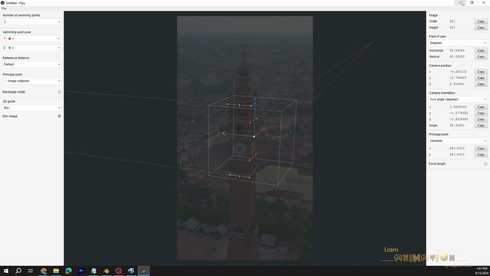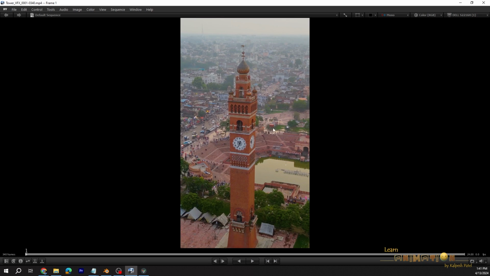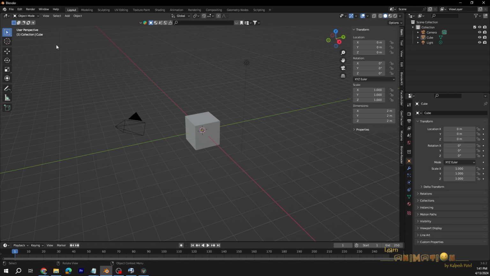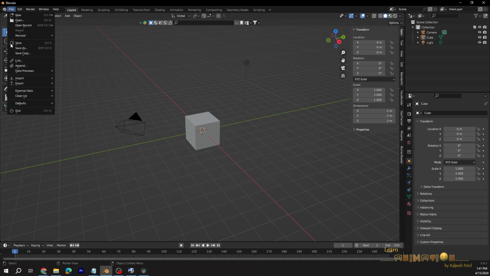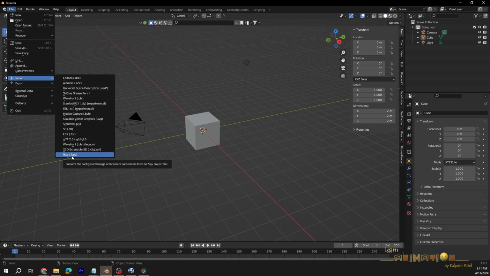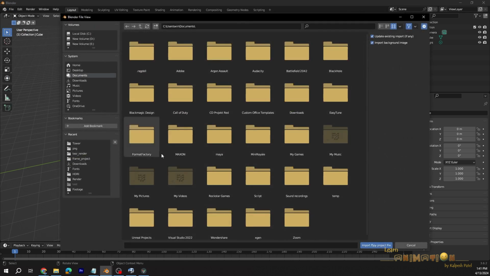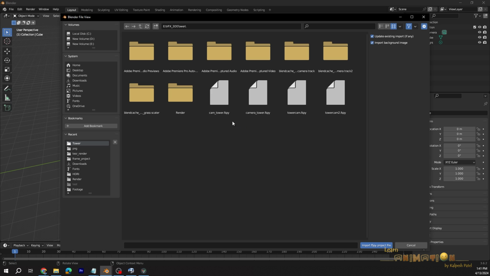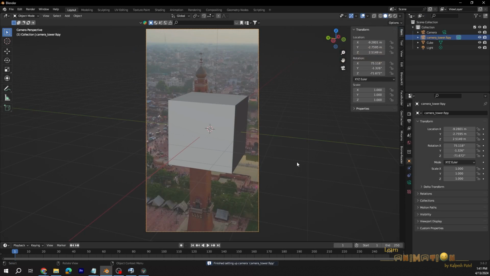And minimize or close fSpy. Now we have to go straight into Blender. To import that fSpy file into Blender, you have to install the add-on called fSpy. When you go into the import menu, here you can find fSpy. So straight away navigate to the folder and you can import the camera. Just now we have saved this camera, tower. Just import it.